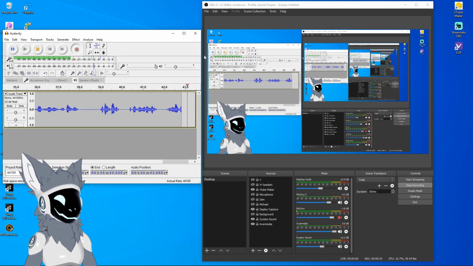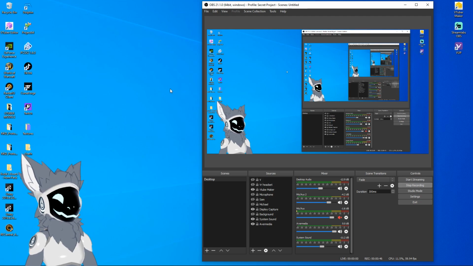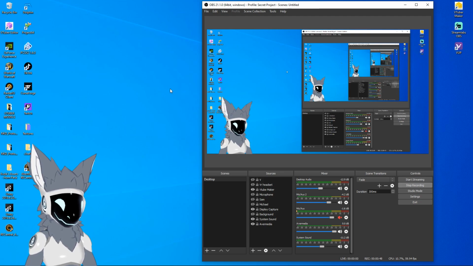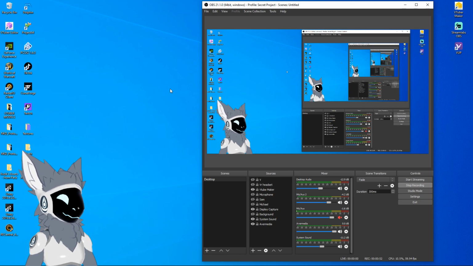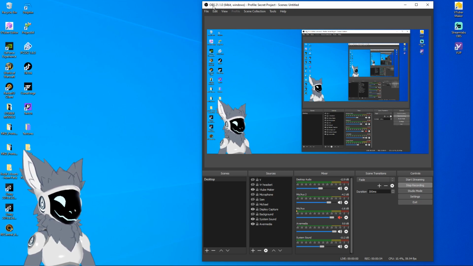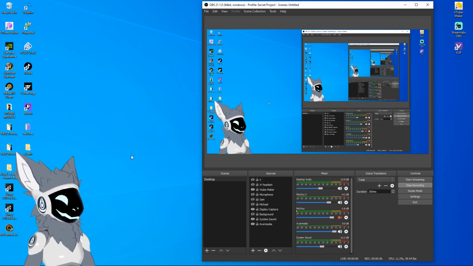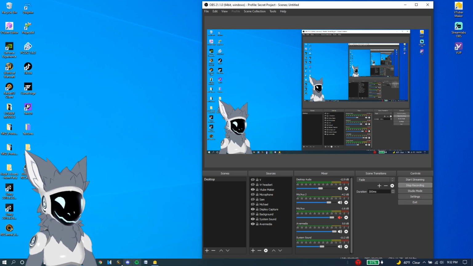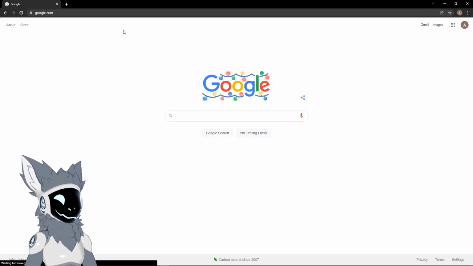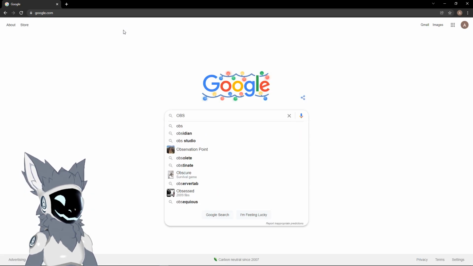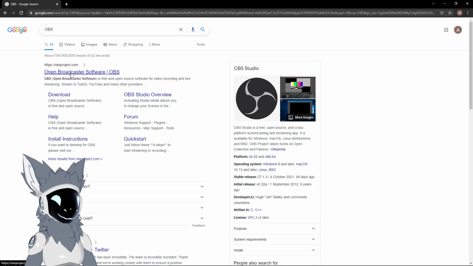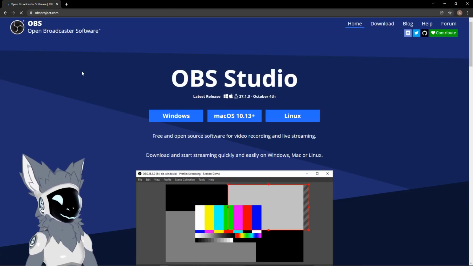So getting started, you're going to need a capture program. You're going to need something to capture your games, your displays, whatever you want to do. And this is where I run OBS. All you have to do is go into Google. You're going to type in OBS. Let me show you. Click on Google. You're going to type in OBS, and it's right there. Open Broadcasting Software. You're going to click Windows, whatever you have, download it, and then you're going to open the